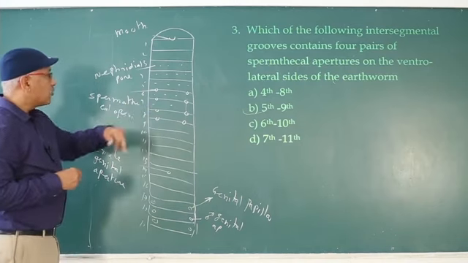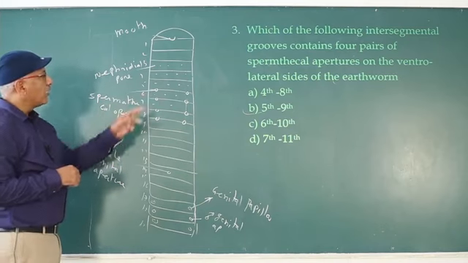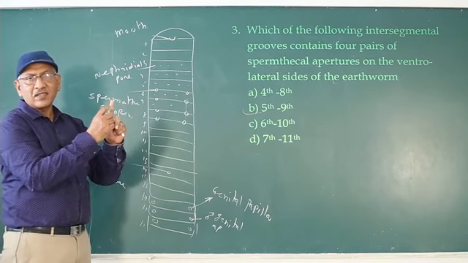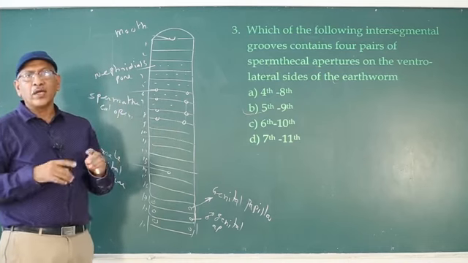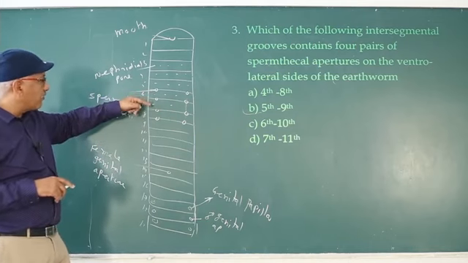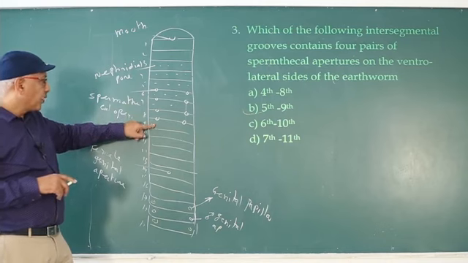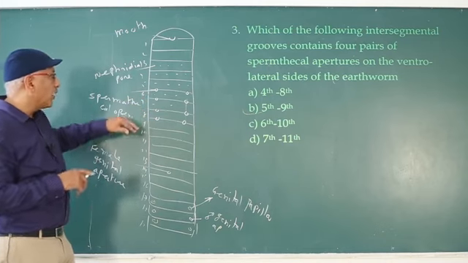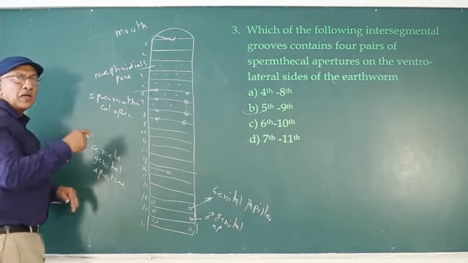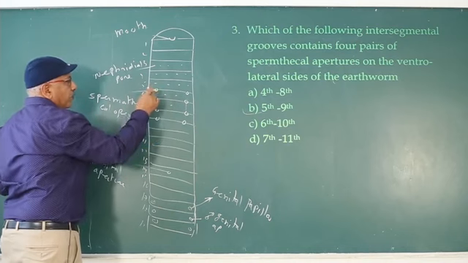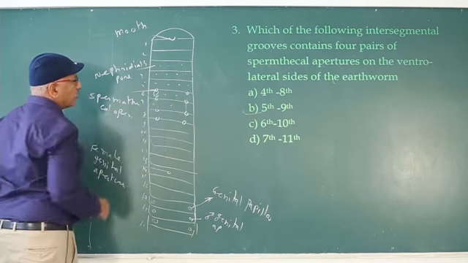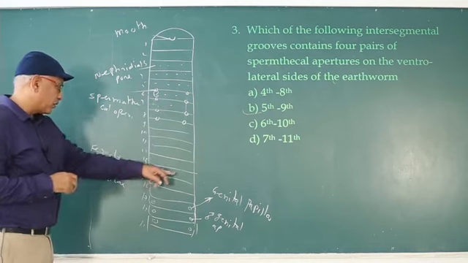So next one, spermathecal openings. Spermathecal openings are present in the grooves. What are grooves? Every two segments are externally separated by a membrane known as a groove. So spermathecal openings are present at 5/6, 6/7, 7/8, and 8/9, one pair each. In this manner, openings are present in the grooves, and spermathecae are present from 6 to 9. So spermathecal openings.